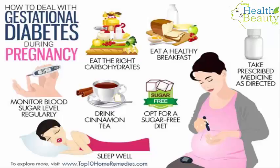5. Do some exercise. Regardless of whether you have gestational diabetes, regular exercise during pregnancy is important. Along with preventing a sedentary lifestyle and unhealthy weight gain during pregnancy, it helps improve glucose metabolism and reduces insulin resistance. As an added benefit, exercise can help relieve some common discomforts of pregnancy, including back pain, muscle cramps, swelling,